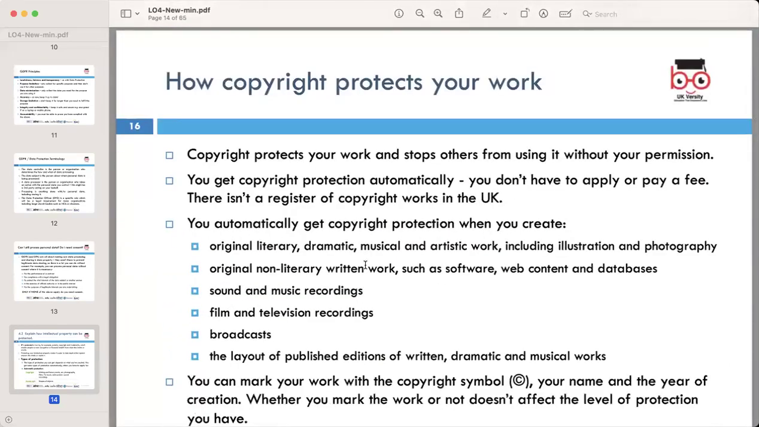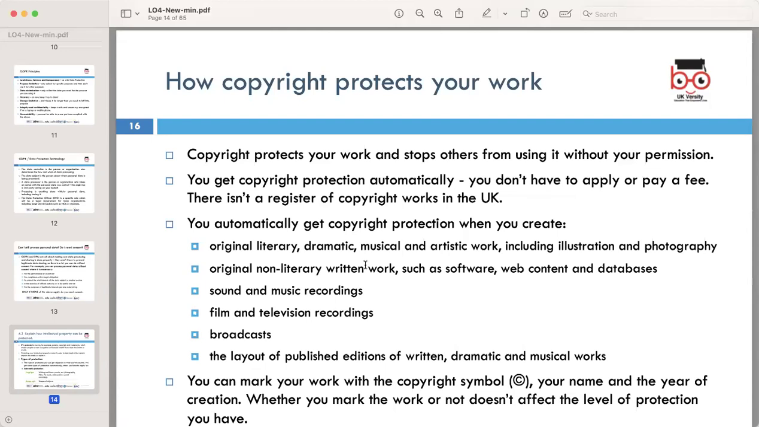Then, how does copyright protect your work? Copyright serves as a robust mechanism to safeguard your work and prevent unauthorized usage. Importantly, copyright protection is automatic, requiring neither an application nor a fee. There is no formal register of copyright work in the UK. You automatically receive copyright protection upon creating